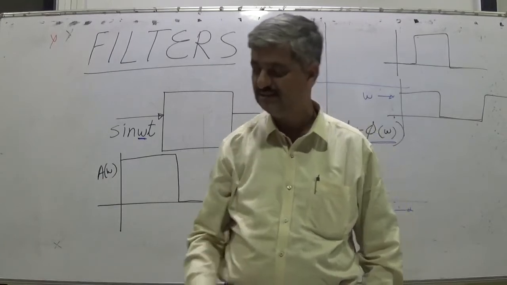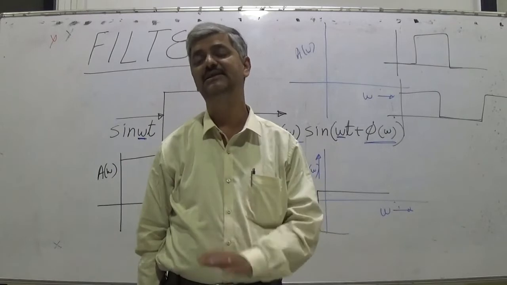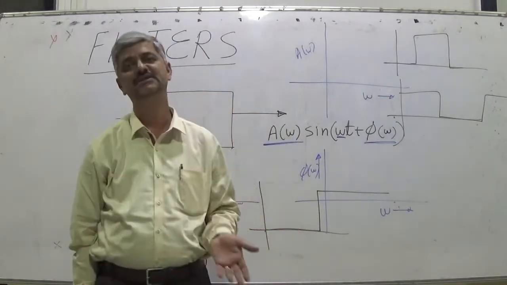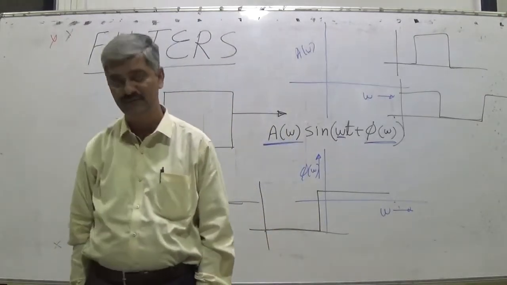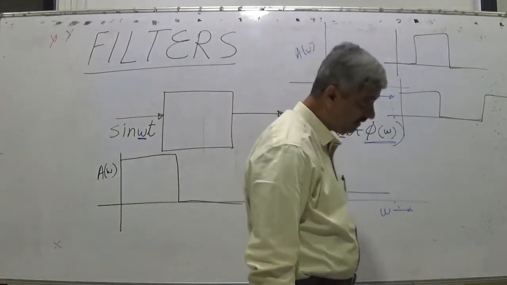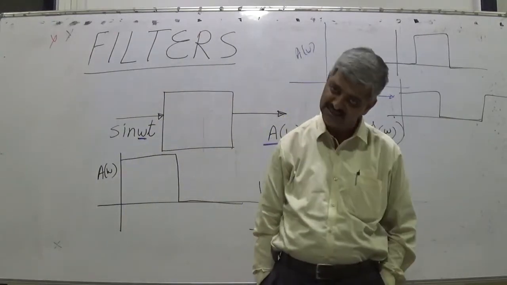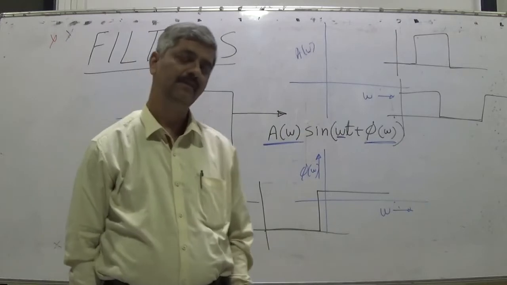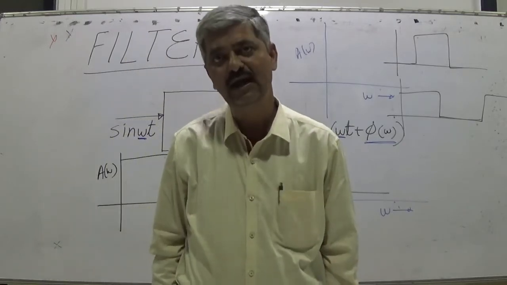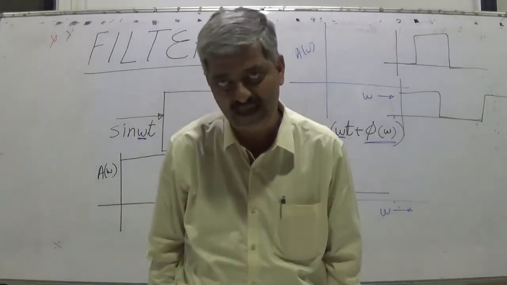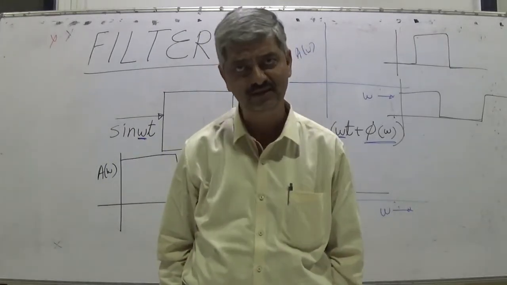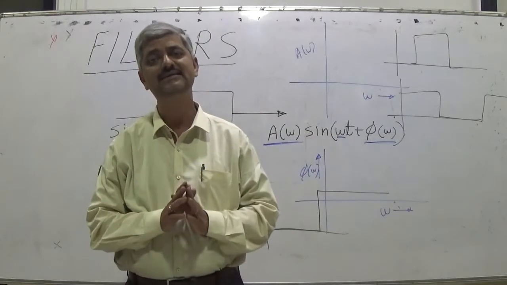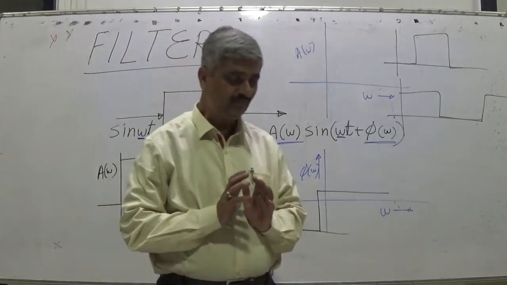Now what is essential is that either of the elements L or C is an essential part of the filter. Using R and any of the other two components, which must include either L or C: only L and C can comprise a filter, R and C can comprise a filter, R and L can comprise a filter. These are called passive filters. And if we use a multiplier and adder, which is optional, we can have an active filter. So effectively what we require is ultimately the gain.